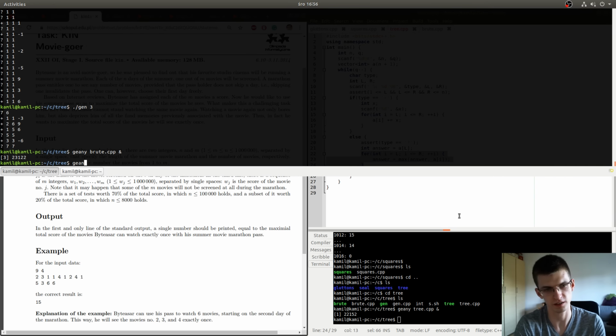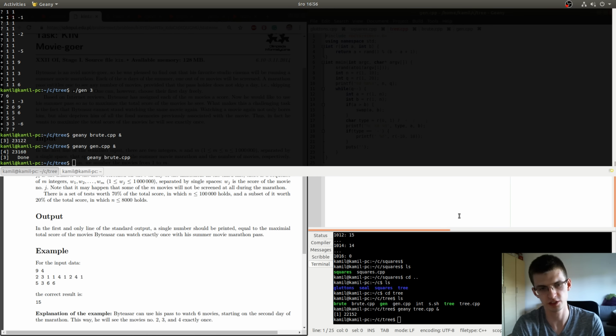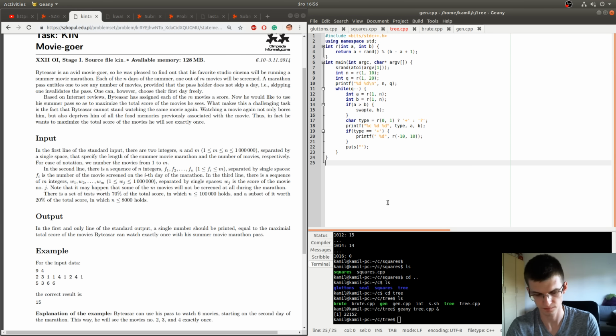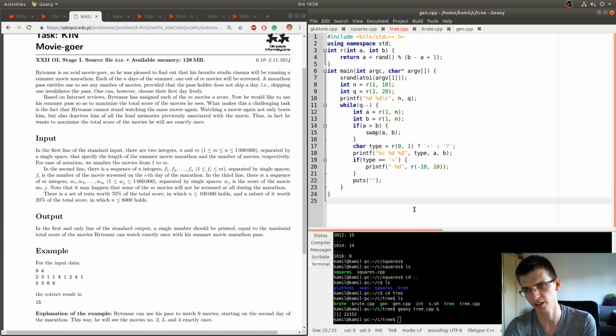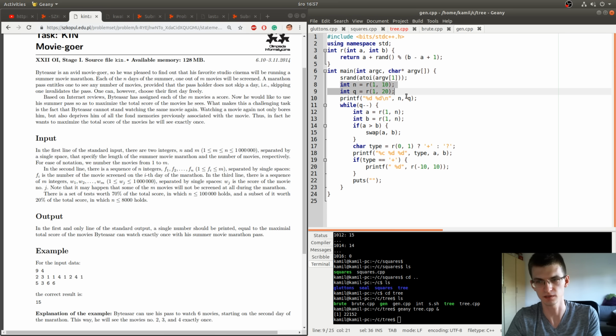I also wrote a very simple generator that prints random n, random q, and random queries of random types. And I stress tested that. I ran it in bash for many tests to check it.